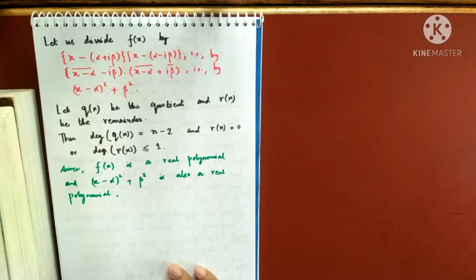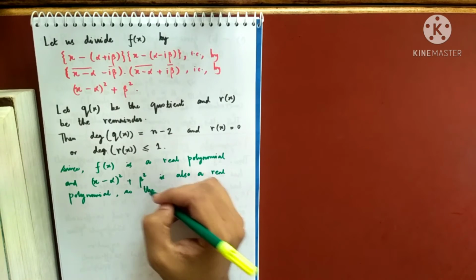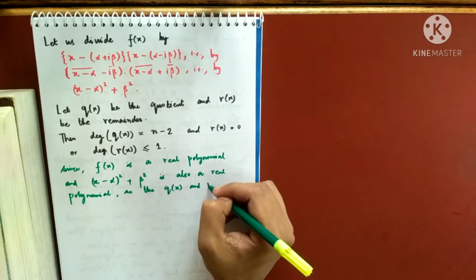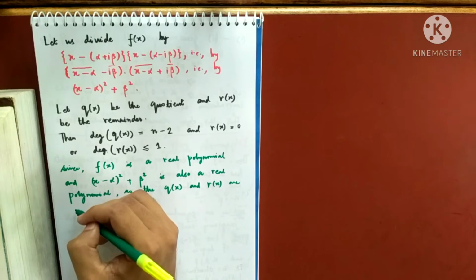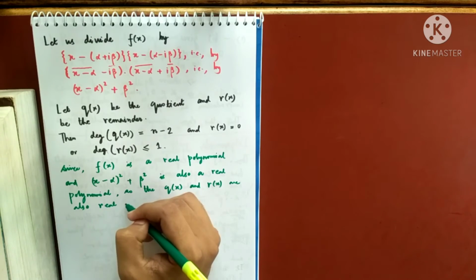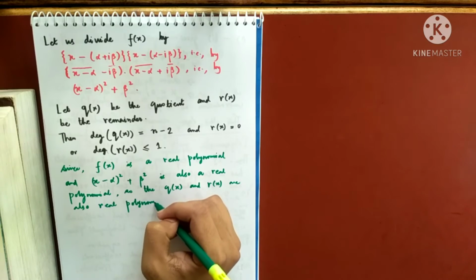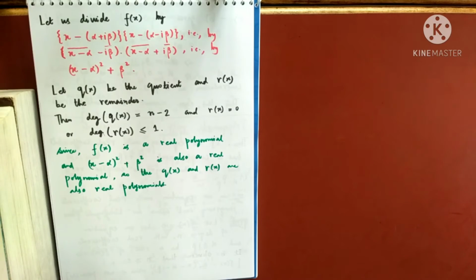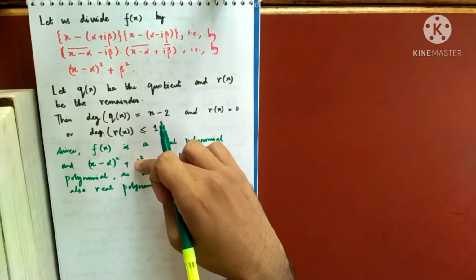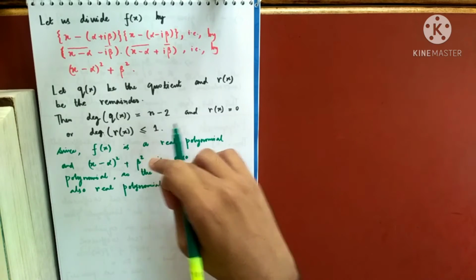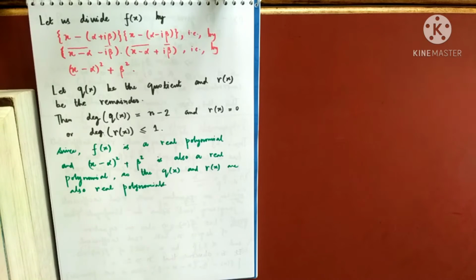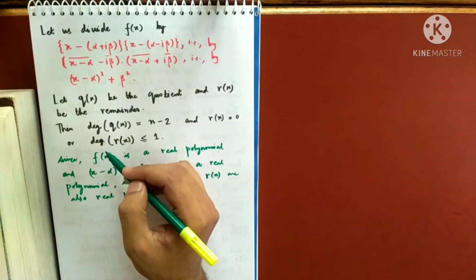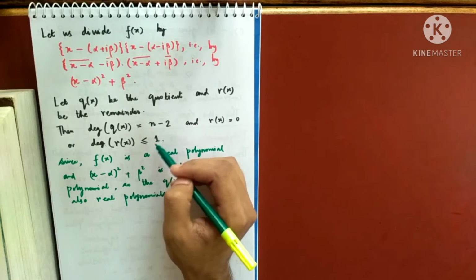So we can guarantee that because f(x) is a real polynomial and the divisor is also a real polynomial, the quotient and the remainder are also real polynomials. This is very obvious to prove, or you may just visualize it. Because the left hand side is real and the divisor is real, the quotient must be real as well as the remainder. Okay. Now look at r(x). What will be the form of r(x)? Its degree is at most 1.